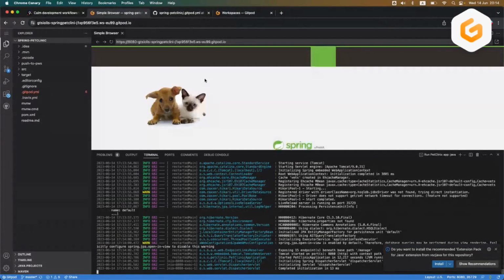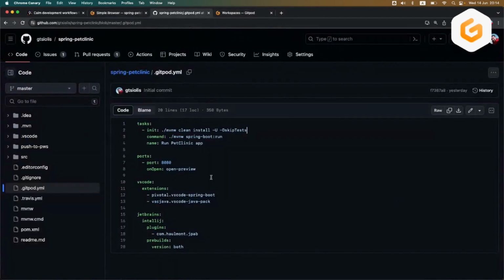So with one click, you get the whole environment, which includes downloading any dependencies. In this case, that means all the dependencies you may need to download with mvnw, etc. This is using the default workspace-full image. You can also define your custom Docker image and include anything else you may need. And this is the automation part.